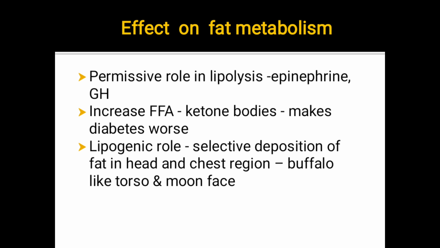The action of cortisol also varies from tissue to tissue. It stimulates lipogenesis in selective areas by activating the enzymes lipoprotein lipase as well as glucose-6-phosphate dehydrogenase, and this is going to increase the differentiation of pre-adipocytes to adipocytes in the adipose tissue. So cortisol excess can cause selective accumulation of fat in the abdomen and trunk, and that is called truncal obesity, and this will spare the extremities, because the extremities are also said to be thin because of the proteolysis happening in the skeletal muscles.